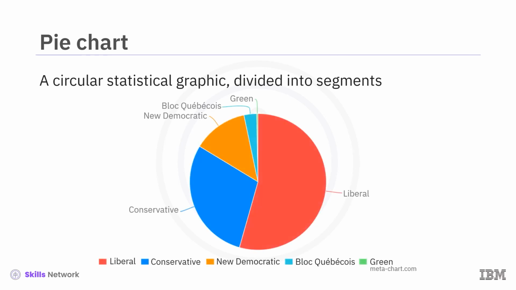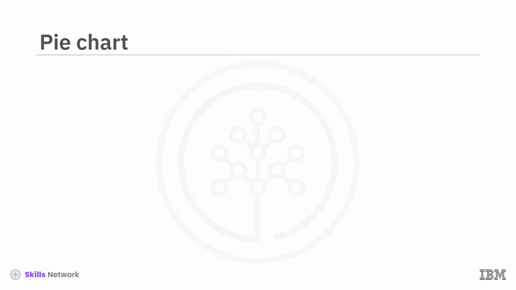For example, here is a pie chart of the Canadian federal election. It represents the party-wise percentage of seats won in the House of Commons. Next, let's learn how to create a pie chart with Matplotlib. Now, let's try to visualize the continent-wise breakdown of immigration to Canada from our dataset